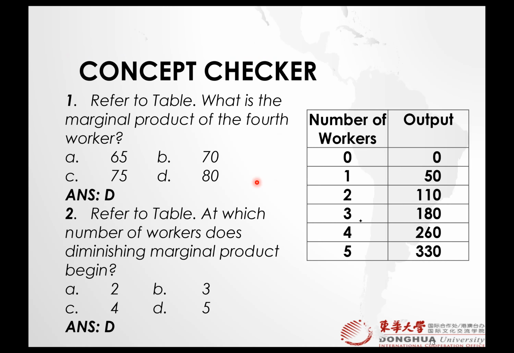When you add the 4th worker, your marginal productivity was 80. When you add the 5th worker, your marginal productivity decreased to 70, right? So it means by adding the 5th worker, the diminishing marginal product characteristics started. Okay, now